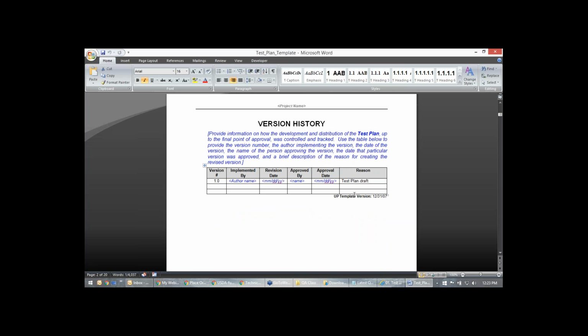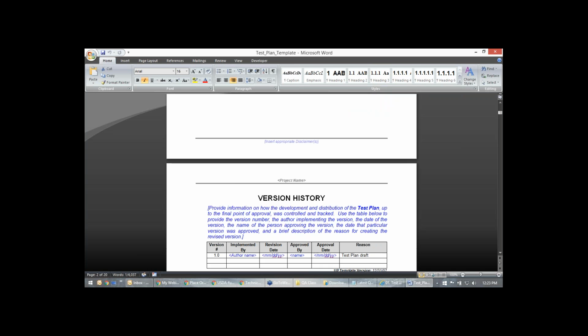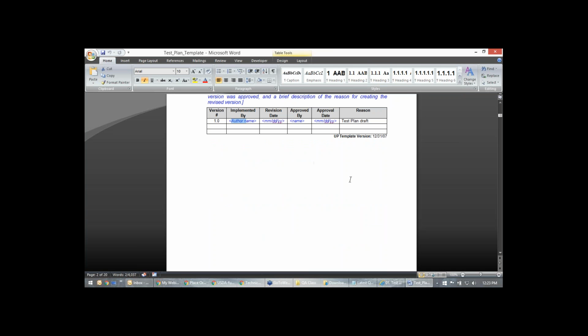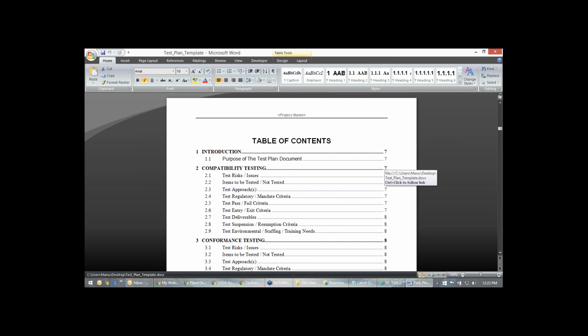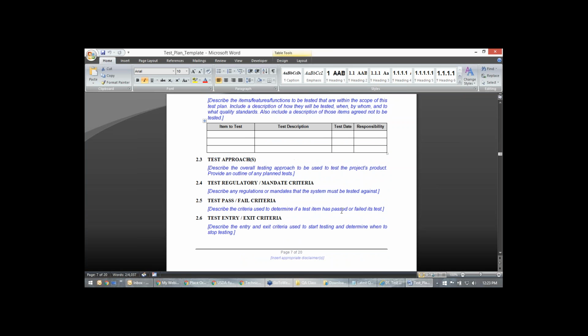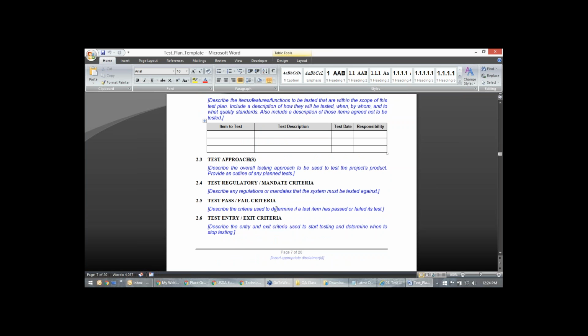Wherever there is a project name, put GMO, and then you can put the author name. Here, what are you trying to test? These three things you can fill up: you're trying to test the online catalog page, the online fields, and payment. Whatever else you want to add, you can add.